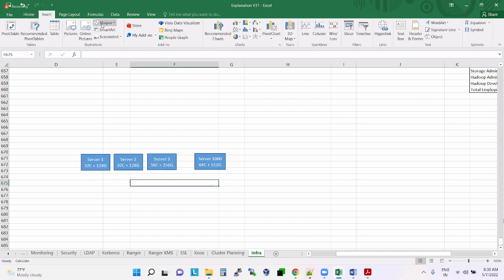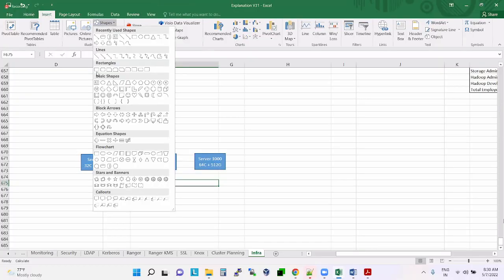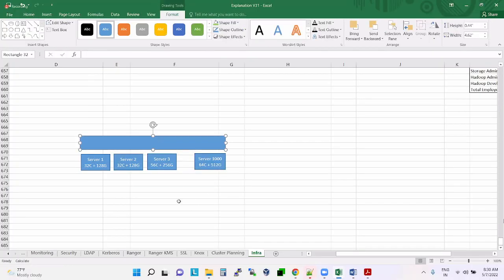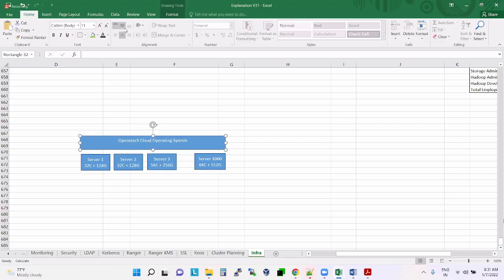Now what are they doing? On top of these servers, they are creating a single base layer using the OpenStack cloud operating system. They are merging all these into a single unit.